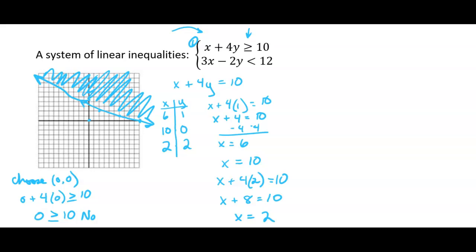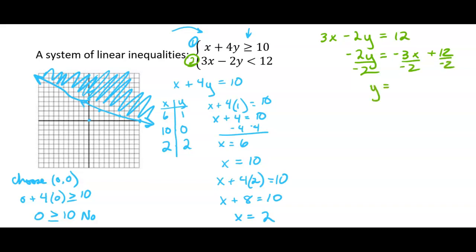Now we have to graph the second one. I'm going to do this one with a different method. I think I'll use the slope-intercept method. So I'm going to take 3x minus 2y, and I'm going to make it an equation, equals 12. And then I'm going to subtract 3x from both sides. So I'm going to move the 3x to the other side. And then I'm going to divide everything by -2. So this might bring back some happy memories, hopefully, of putting something in slope-intercept form. And now I'm going to graph using the slope and the y-intercept.